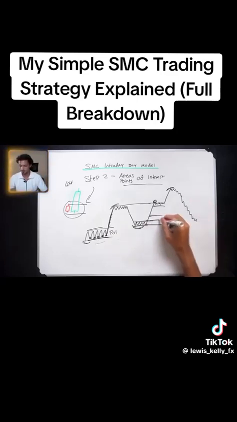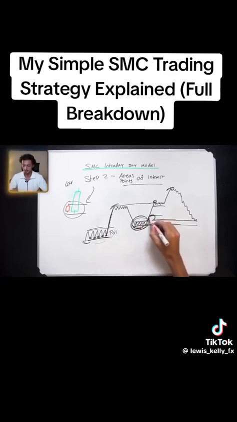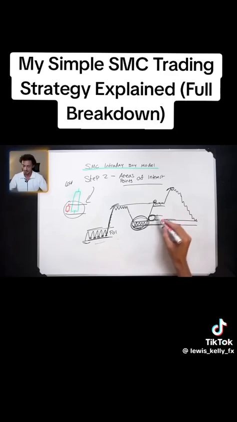And then this area here, that's our area of interest, because that's the accumulation point where the large institution purchased last time. And then you have the imbalance of price in here. So what we're expecting and understanding is that when price comes back to this point of interest, these same market